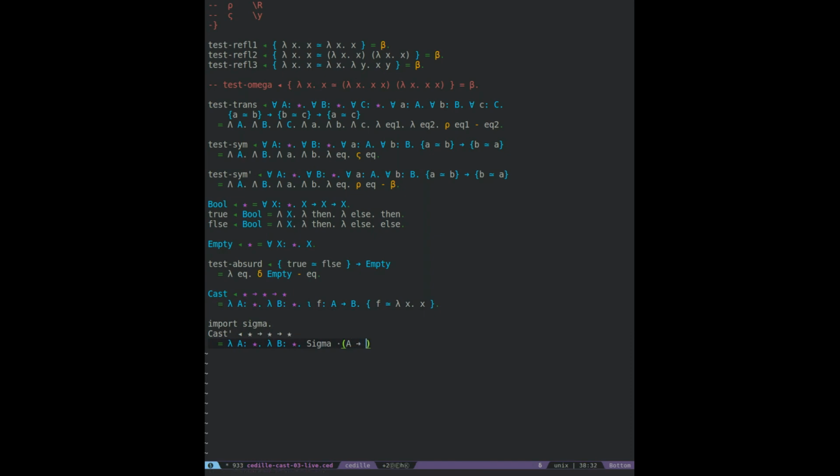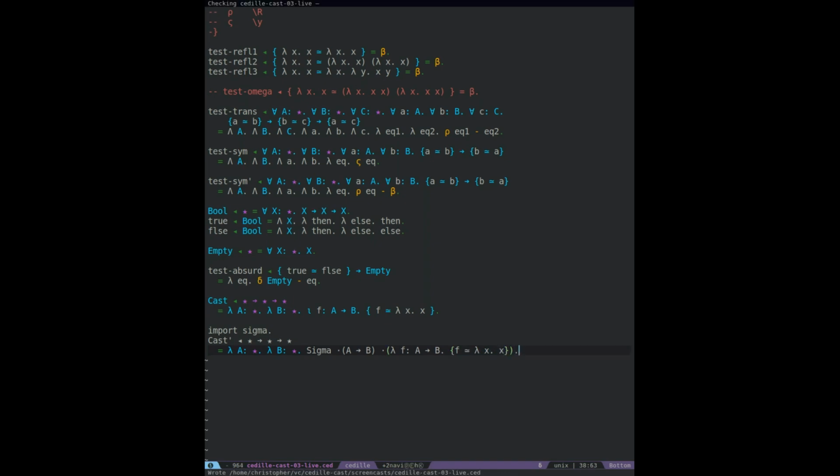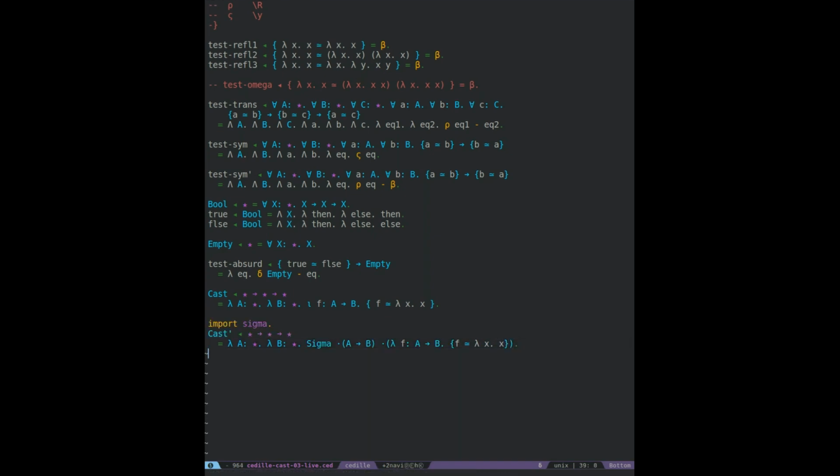A dependent product between a function of type A to B and a proof that that function is equal to the identity. And actually, this intuition is totally justified. As far as our usage will be concerned in this video, cast and cast prime are logically equivalent. Cast, it turns out, is subtly more powerful, but we don't have the space to cover that in